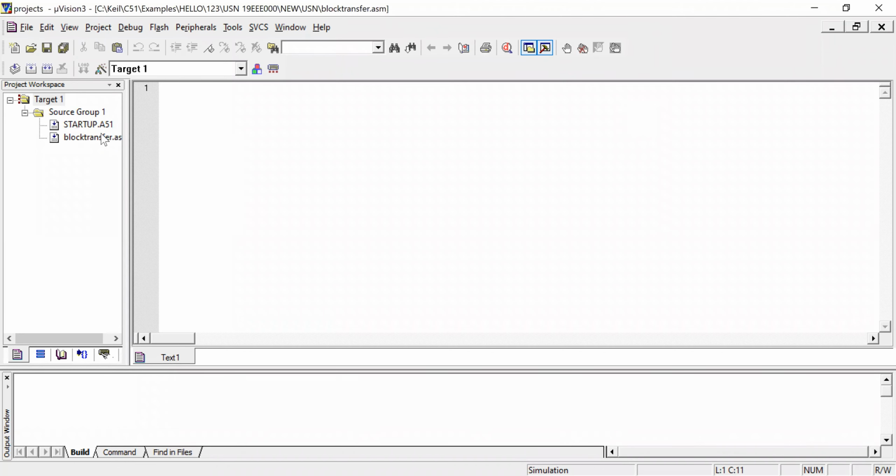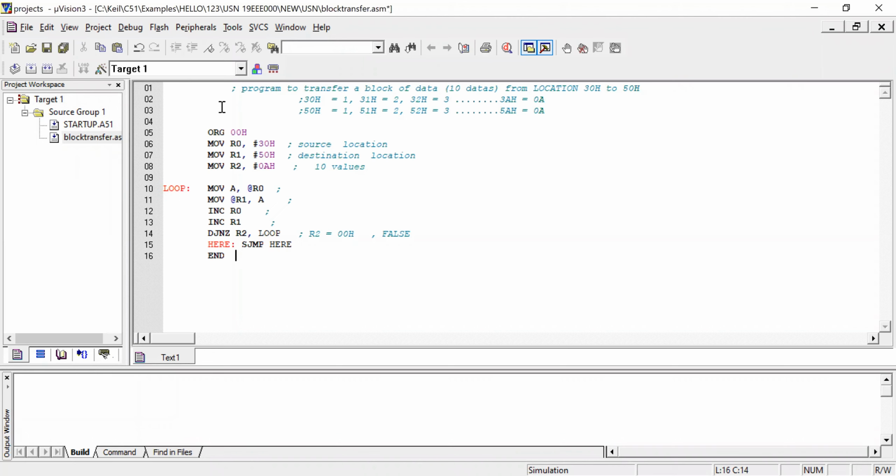Once you have created the file, here you will write your assembly program. From this point, you must know how to open a new file, how to create a target, and how to link your assembly program with your target.